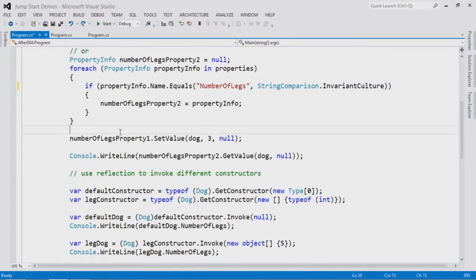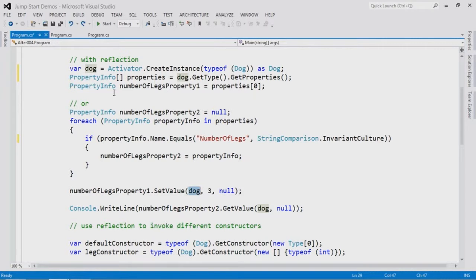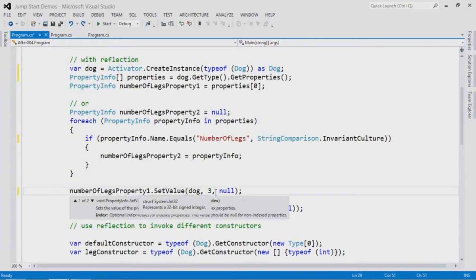Okay, and so here we are, setting. So here's your setting value. Yeah, so here I set the value. Dog is the instance. Of course, remember right at the top, we created it with reflection just to be fancy. And so now we're setting dog to a value of 3. And there we are. That's tricky. And the third, and it's almost always null because it's a very special case when you want it,